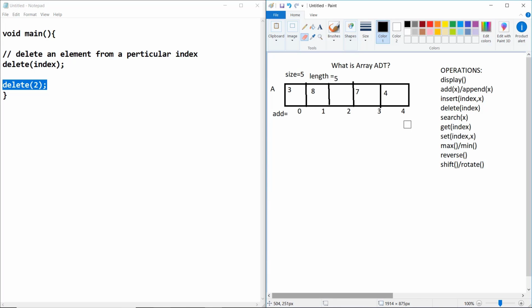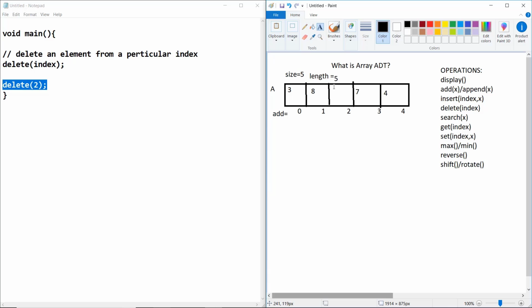Now, if I delete this element, I need to shift my previous element so that this place would not be blank. And the length should be minus 1. So what protocol do we need to follow? While deleting 5, we just need to shift this element.